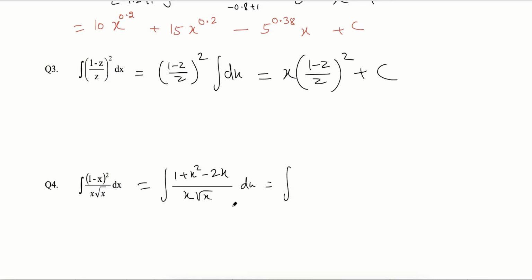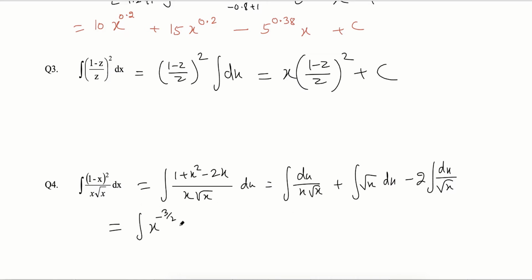Now we can divide it separately, and we'll say dx by x root x is the first term. Plus, 1 x will get cancelled and x by root x, which means root x dx. Here 1 x will get cancelled, minus 2 will be out and dx by root x. I'm sure everybody is able to understand. So now this is nothing but x power minus 3 by 2 dx, plus root x dx minus 2 dx by root x.